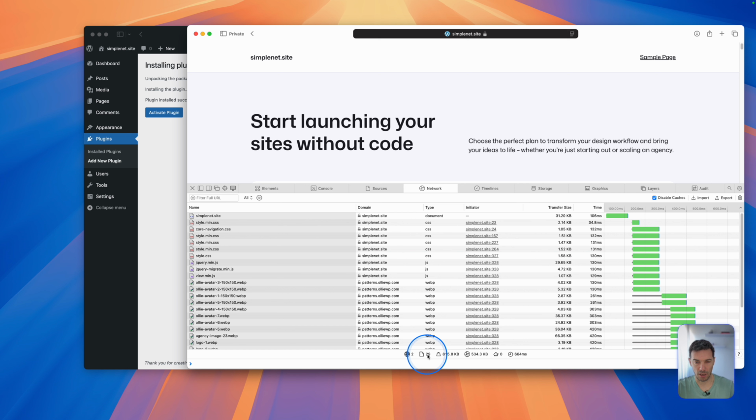This is a premium plugin. It starts at $49 per year, and it's one of the best caching and optimization plugins in the WordPress ecosystem. So let's dive in. After you buy the FlyingPress plugin, you can download it to your computer, then go to